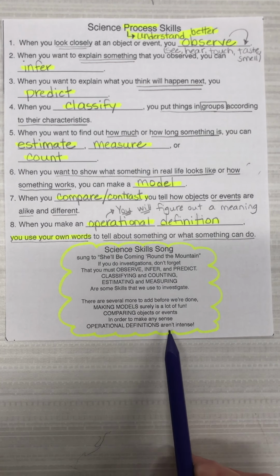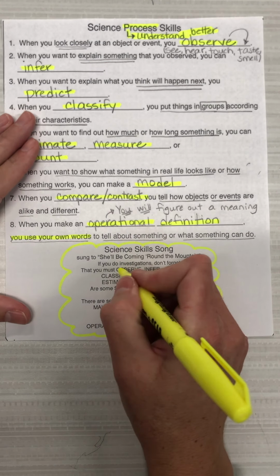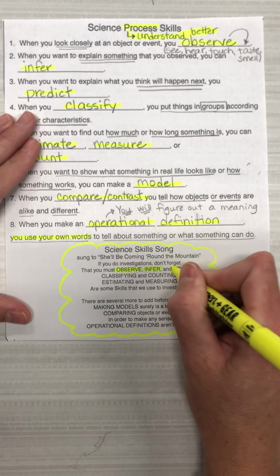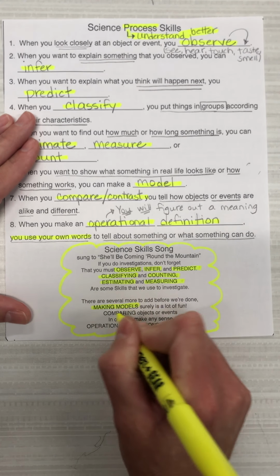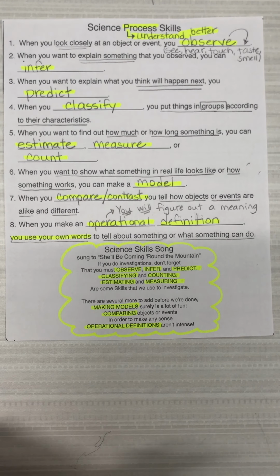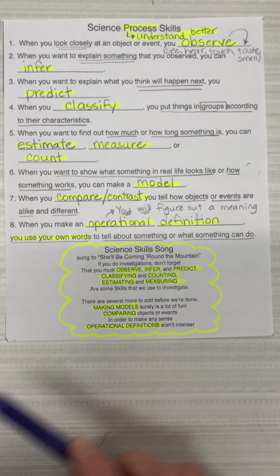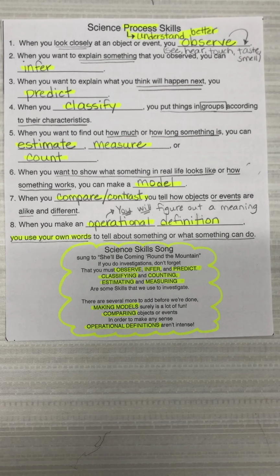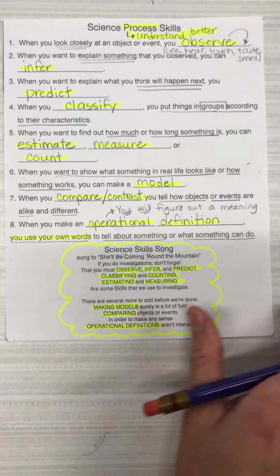Okay, there you have it. Mrs. Preston's debut of the Science Skills song. So all your skills are in that song. So go ahead and highlight them and go find someone. Now you can use your notebook. You can bring this with you and practice this song over and over so that you are putting in your mind the skills that we will be using this year as scientists and that scientists use out in the big real world. Okay, let's go ahead and do our next page, then we'll glue it all in together,